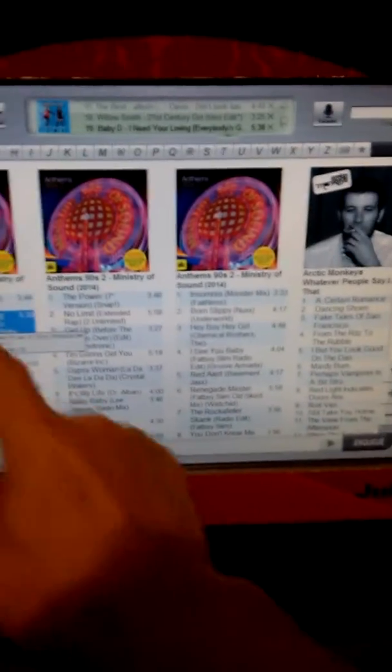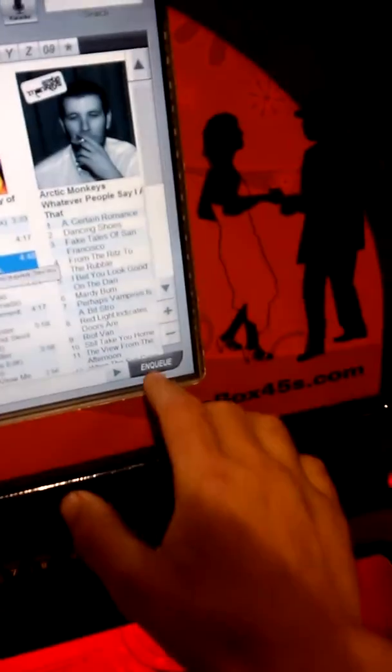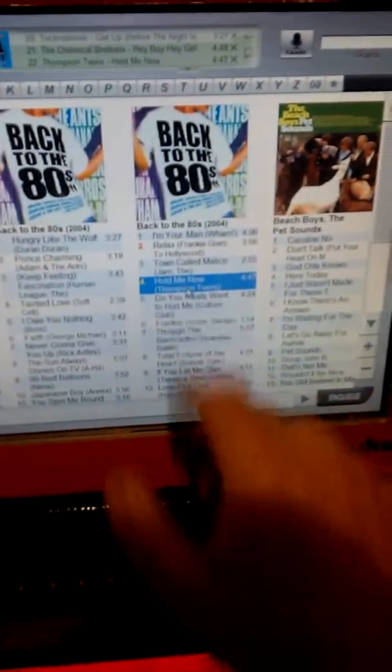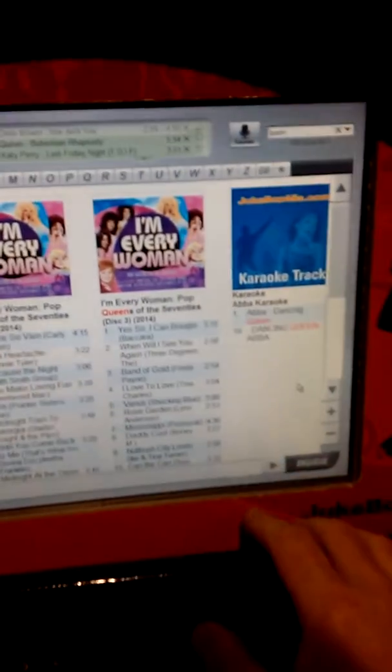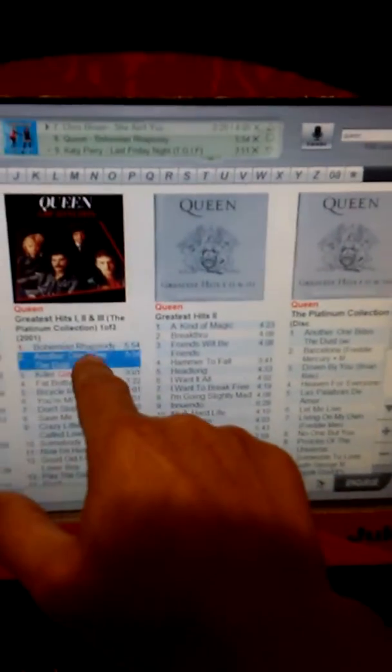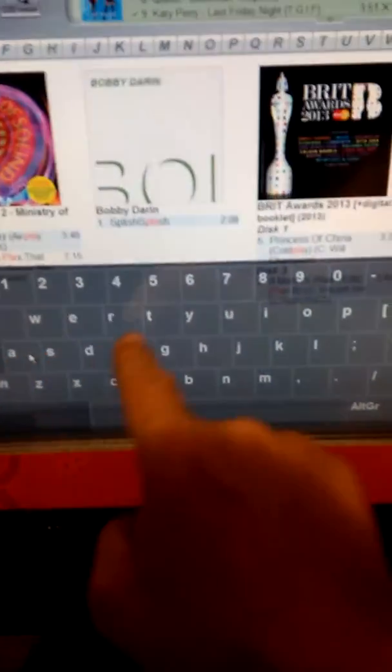Anyway, to make a playlist, all we have to do is choose some songs, which we double click, or we can press once and press there. We can page through, choose a song there. We can search for things. I don't know, we search for Queen, say. Find a Queen track, put that in our list. We now go back to the search box, and obviously we've got the word Queen sitting in there at the moment, so we're going to delete that. Now if we type in playlist space create, so type the word playlist with a space and then create,